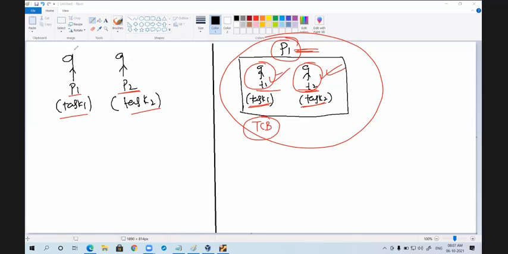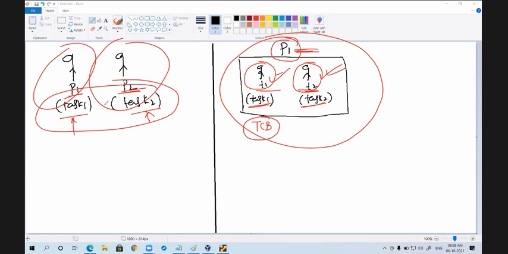Now here two processes, two tasks, but my requirement is these two tasks are a part of a single process. If these two tasks are small tasks in a big task, instead of creating two different processes, better go for two threads.